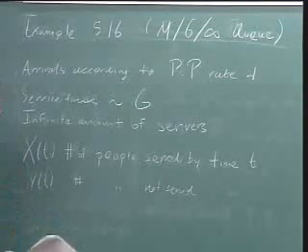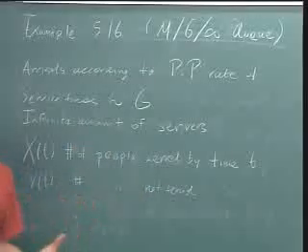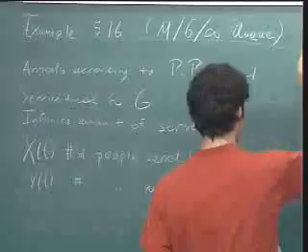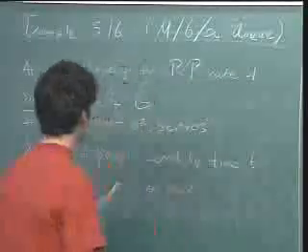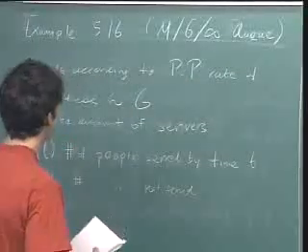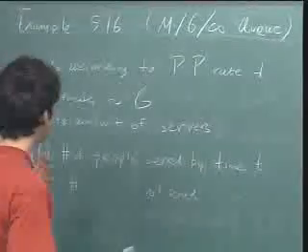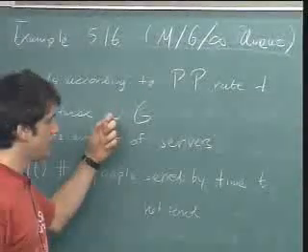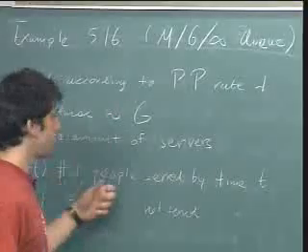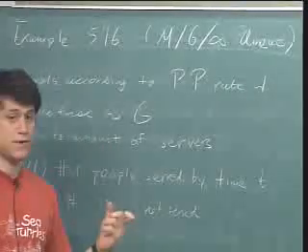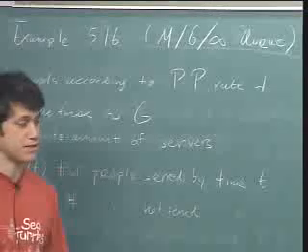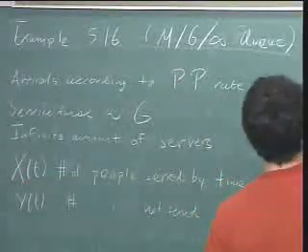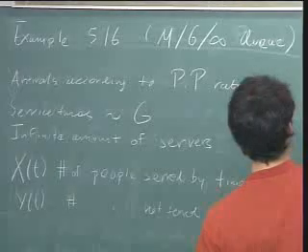So this is a classic example where the previous theorem is very useful. This is kind of a complicated problem because the amount of time that a person spends being served is random. It's not deterministic. So let's see what we can do. So the solution here